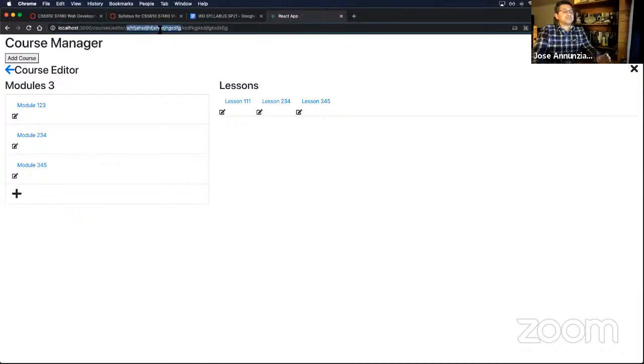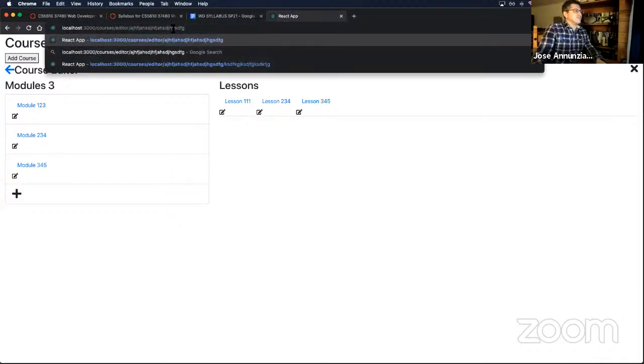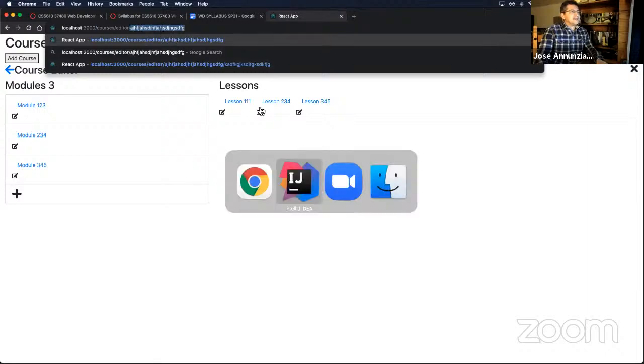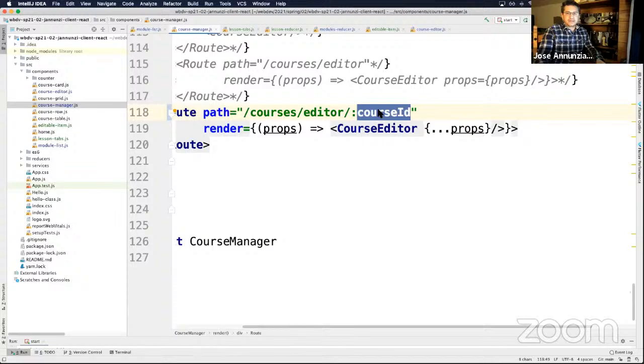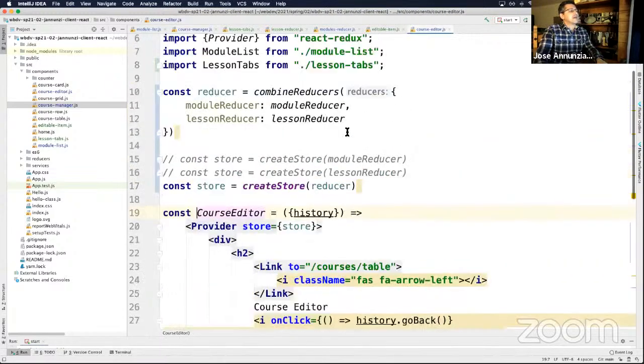This is bound to that course ID now. And so we need to be able to read that course ID, this element here. Let's not start off with modules. Let's see if we can just parse this part. So notice the pattern: courses, editor, and then something after that. And that is now bound to this course ID. So how do we retrieve that, if it's some parameter that is being passed along? The way we do it is that we can go to course editor, and the